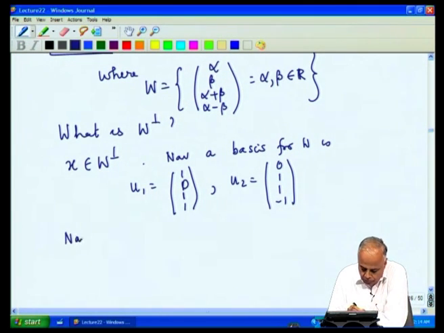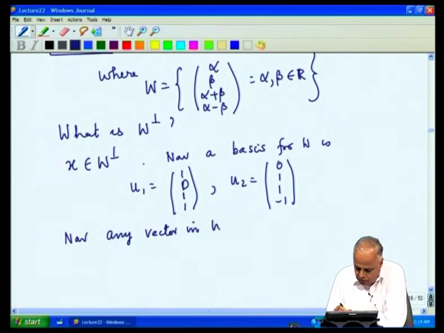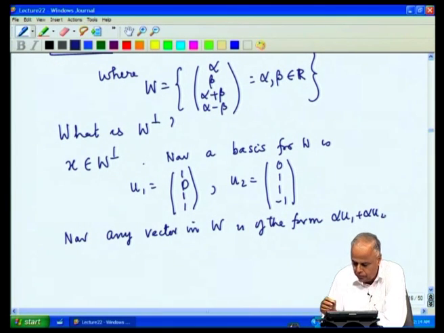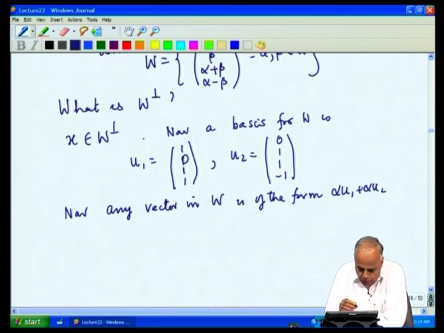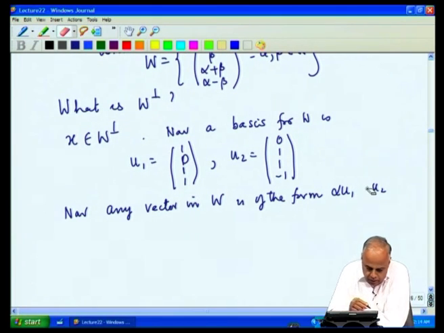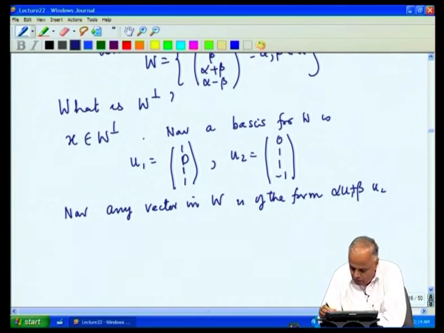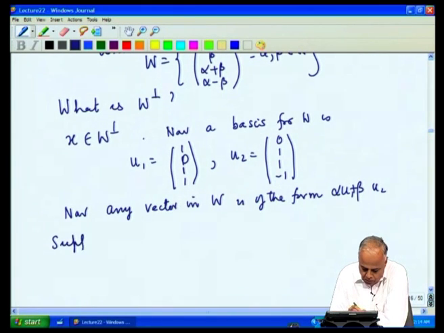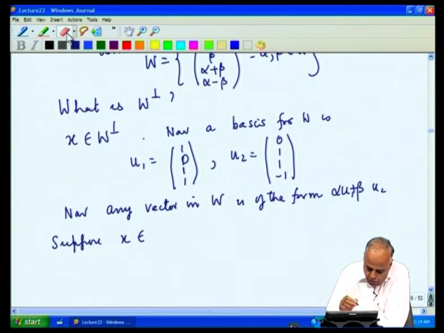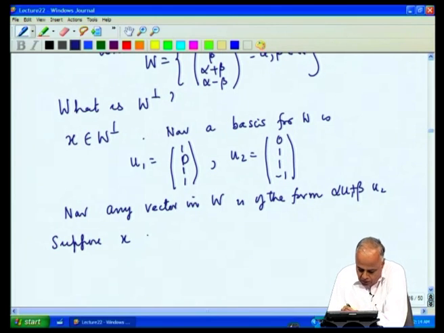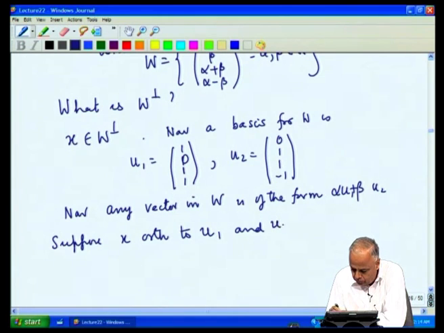Now, any vector in W is of the form alpha u1 plus beta u2. Now, suppose x is perpendicular to u1, that is, suppose x is orthogonal to u1 and u2, then